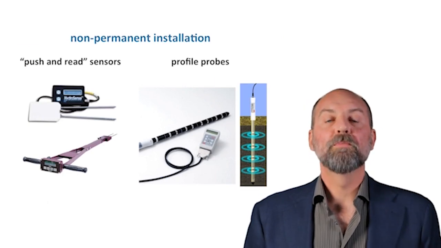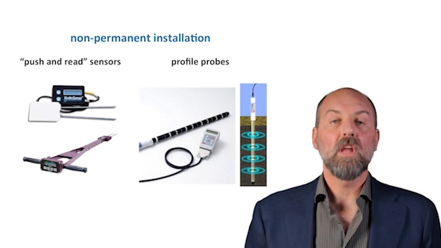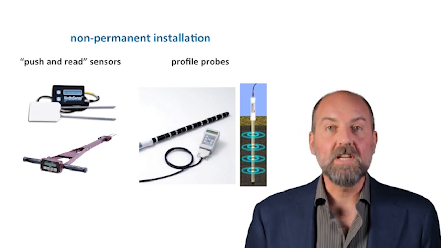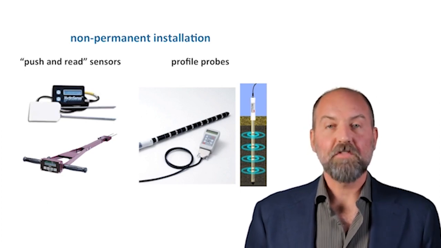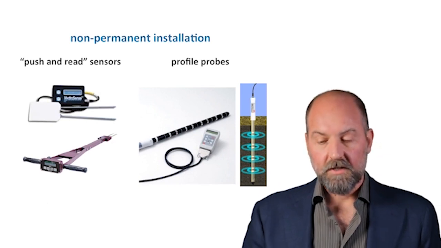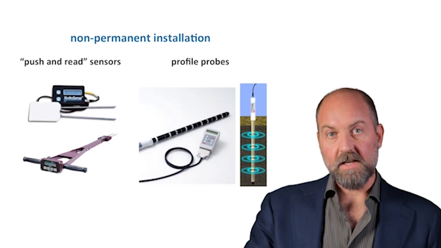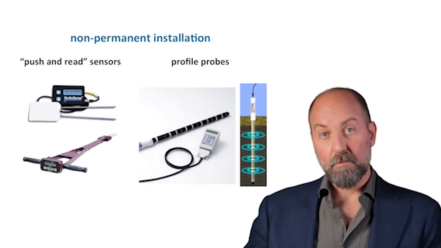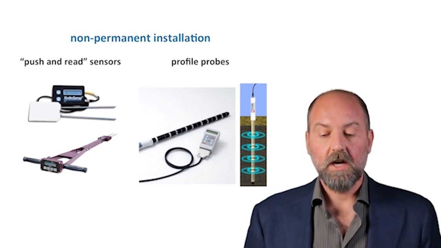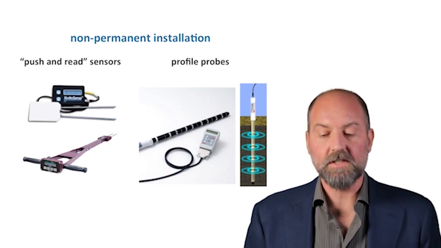And here I have shown some which I refer to as permanent installation examples. But it is also possible to take measurements through non-permanent installations, such as the push and read sensors, or profile probes, which are typically non-permanent. They are installed in the ground through an access tube, so that the sensor itself can be removed easily and brought to different locations. Now, in each case, one of the most important aspects to consider is the